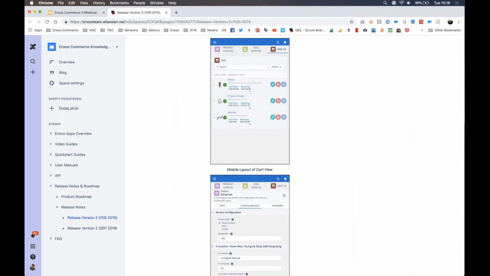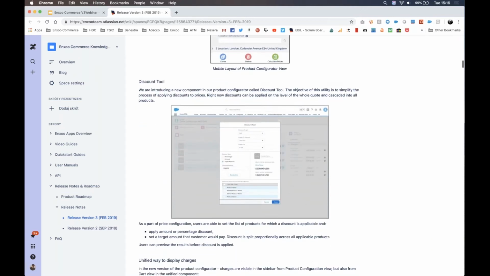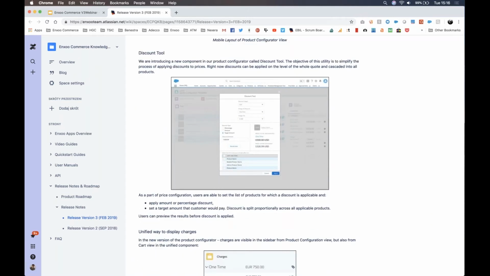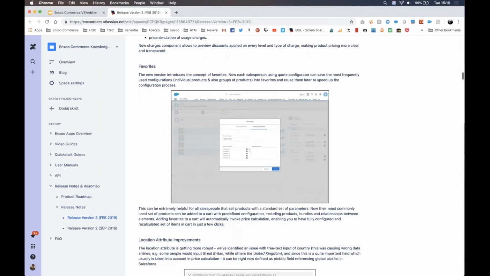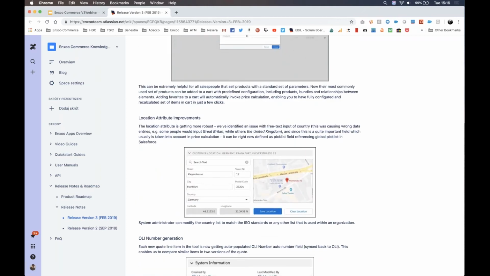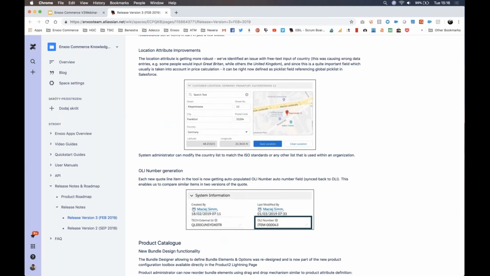This time, version 3 release, I think we've made a step forward because the upgrade from version 2 to version 3 should be fairly seamless. There were no breaking changes, so I encourage all of the customers who are listening to this call to actually take a look at it, consider the upgrade,